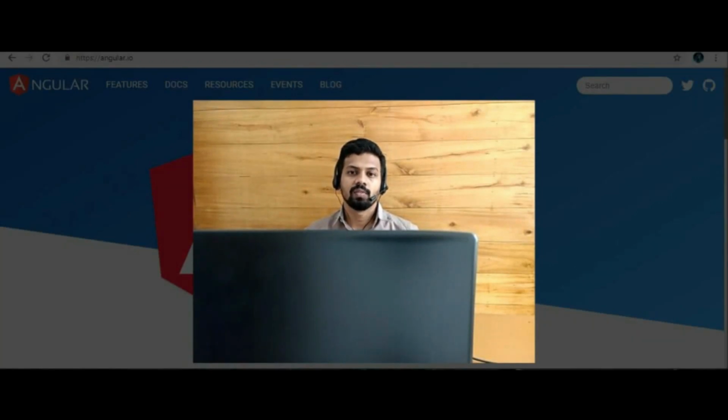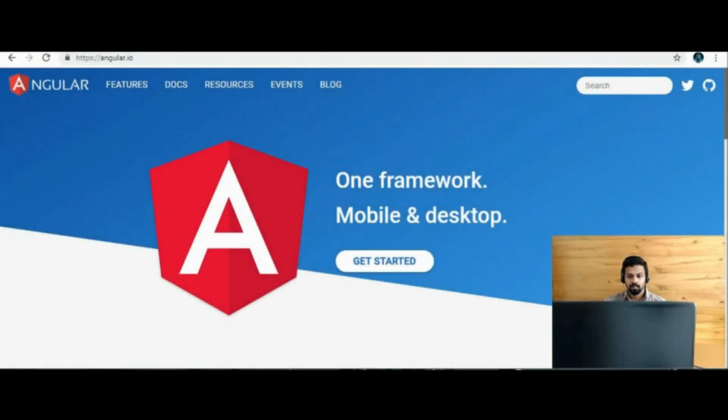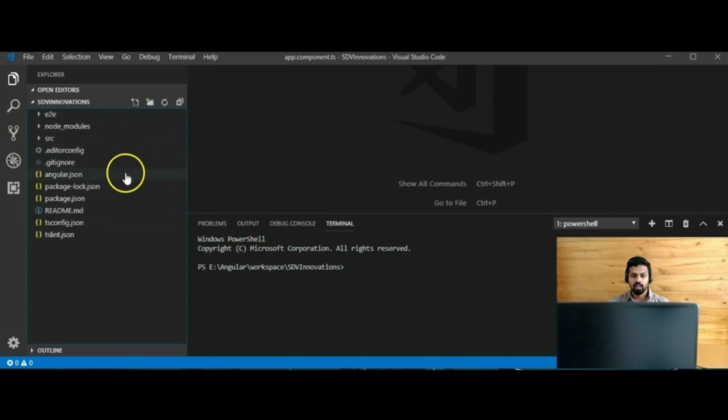In this section, we are discussing Angular in detail. In the previous section, we discussed how to install Angular on our system. Now Angular is installed, and the files are here, and we can run the application once more by typing